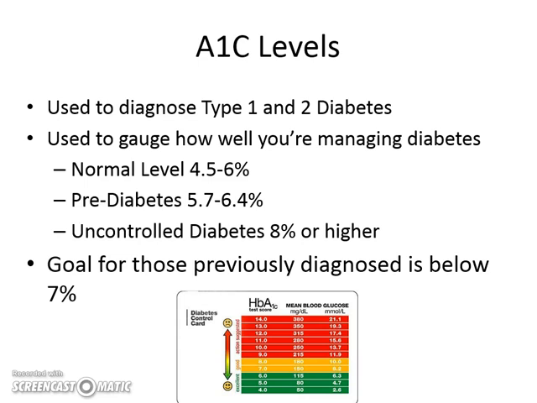A1C. We briefly touched on A1C levels in here, and I want to make sure that you understand there are a couple of questions on the final, the EOC, about A1C levels. That includes what the normal level is for individuals, between 4.5% and 6%, and what is considered diabetic. Anything in the 6s or higher is considered diabetic, and usually whenever you're diabetic, the doctors ask you to stay between 5.7 and 6.4. That's managing it. However, if you're higher than a 6, somewhere between an 8 and 11, then you're not managing